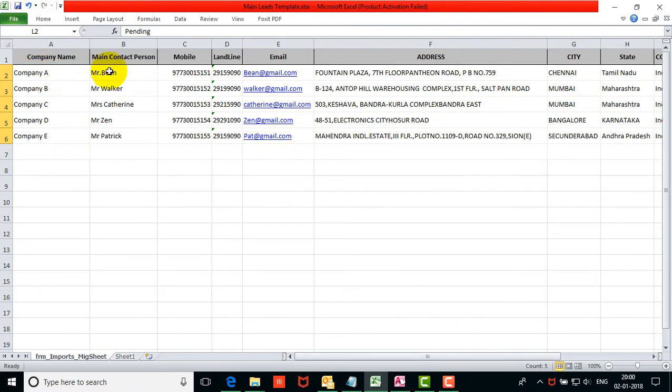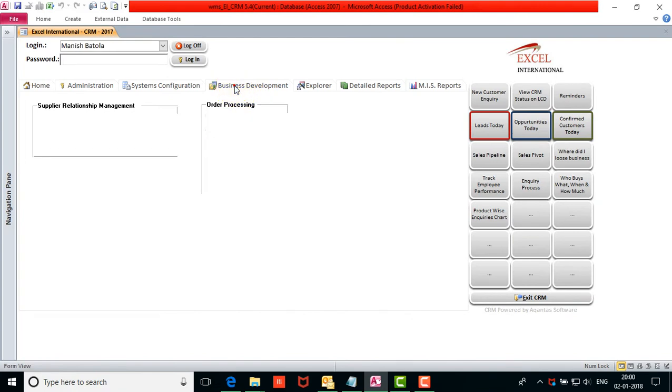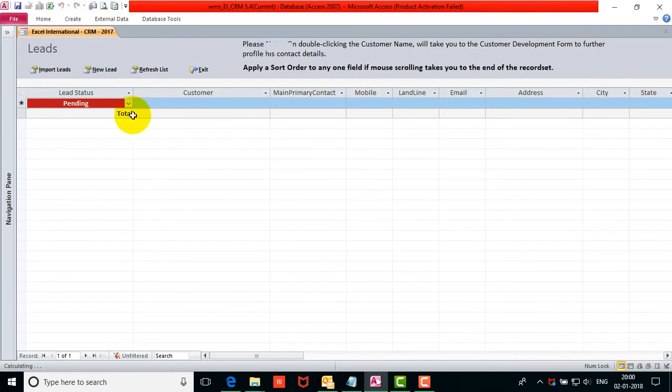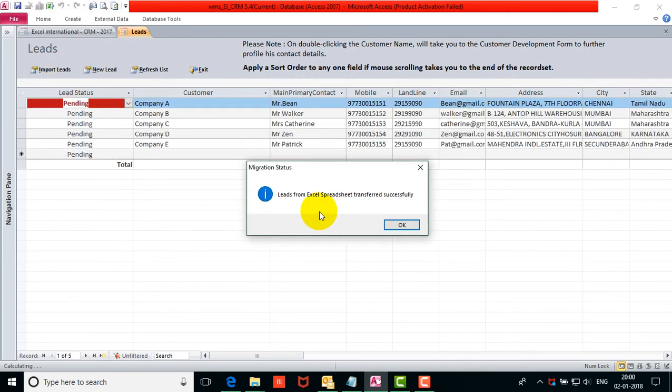Alright, so I'll show you how these leads, we've got some 5 leads put in here, how these leads will come into the CRM. So you need to close this. Right, we come back to business development, you click on the leads button, and here we are. So we have to click on the import leads button. Once you click on that, you see leads from the Excel spreadsheet transferred successfully. That's what it says,